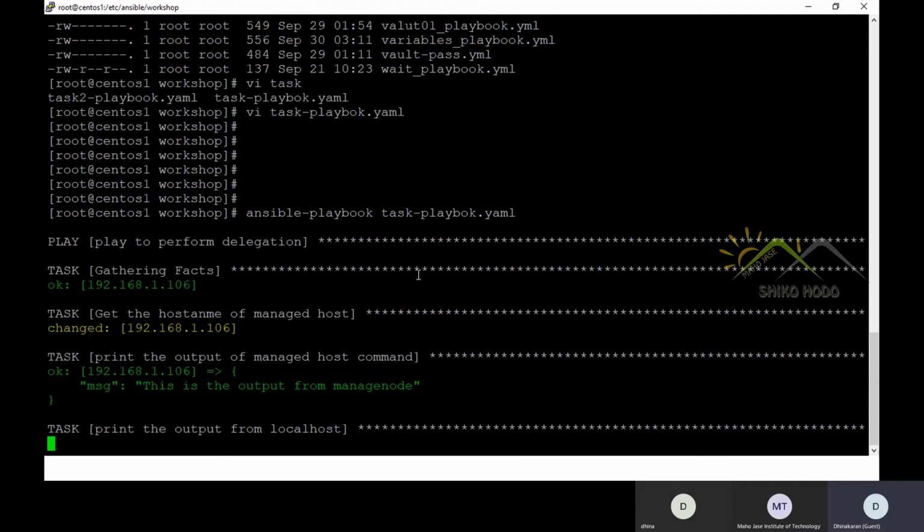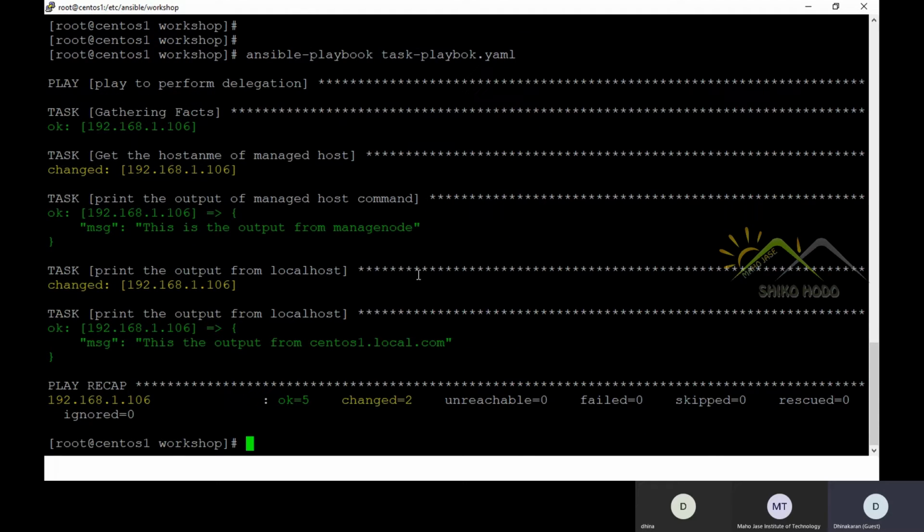The hostname got executed. The host name output is the message from the first task, the output from my managed node, my remote host, which I have named managed node. Then, changed, it's going to fetch my local machine